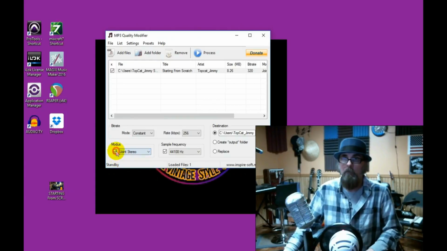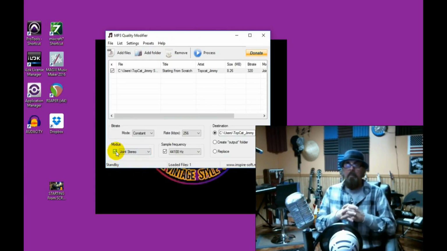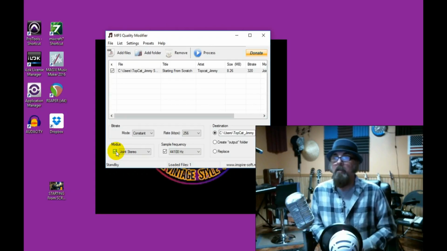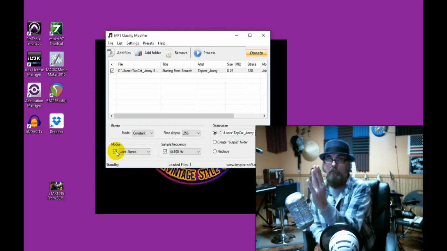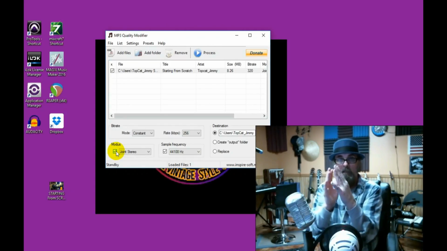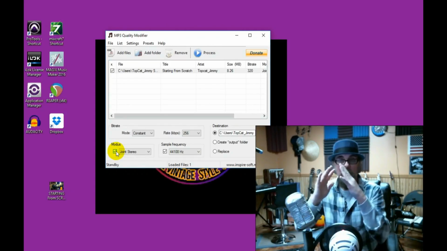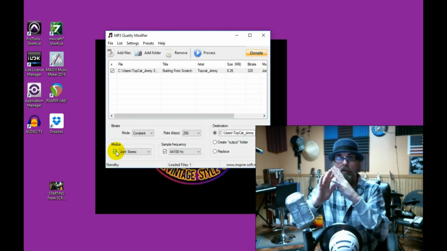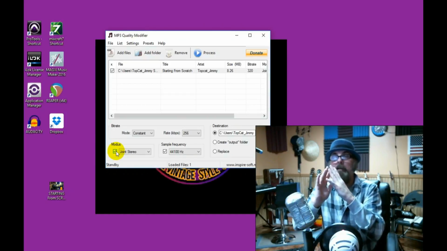Well, I looked it up, folks, and joint stereo. All right, so here's the deal. This is a stereo file, right? Now, if you take a look at a stereo imager, and if the track is in mono, it's just going to be going straight down the middle. If you got stereo, you got a left and right channel, and it's going to have some stereo dimension to it. And the other thing is that when you got joint stereo, what happens is, all right,